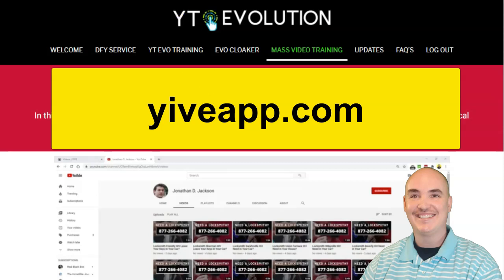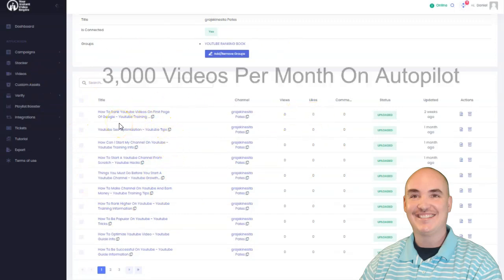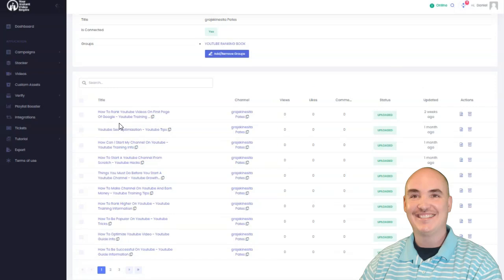So the first thing is you would want to do your yiveapp.com setup, and the Yive app will create up to 3,000 videos per month on autopilot. You basically just set up a script and you set up a template for it to be able to run. You pick your keywords that you want to target, and then it will automatically create the videos, automatically post them